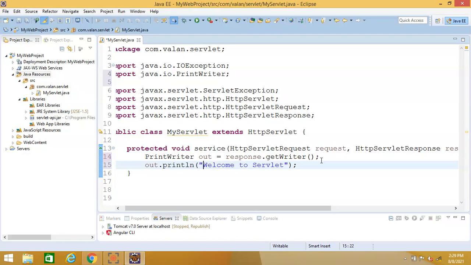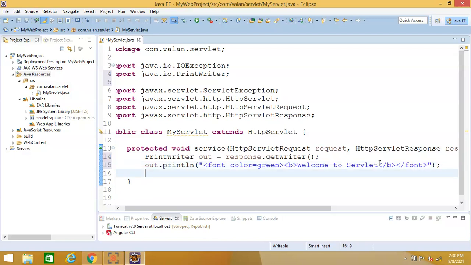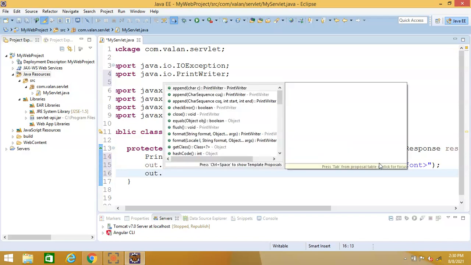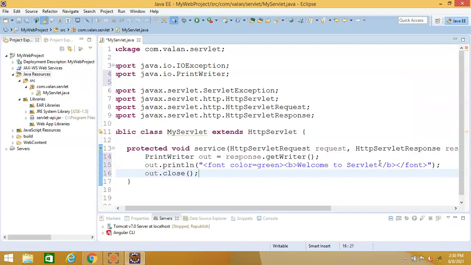I just want to make some HTML tag. As you know, response means it is going to display on the browser, so the browser will accept HTML tags. I just want to apply maybe some color. Let it be green, and the text should be bold. And it's better to close the tags properly. Right? So now everything is ready, and at the end I will close my PrintWriter object,